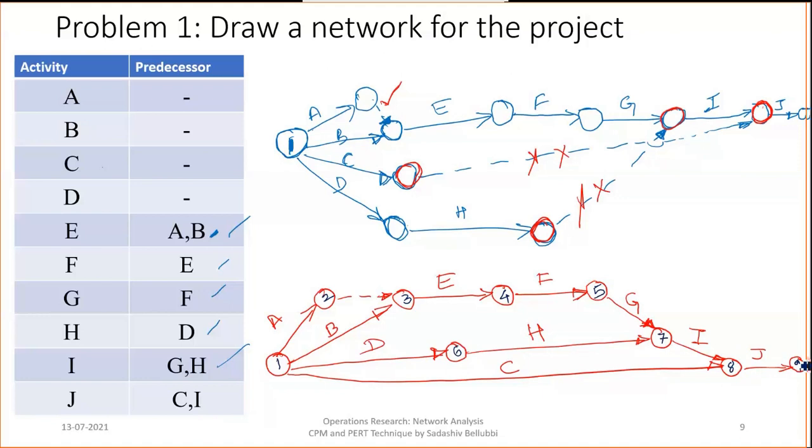Likewise, we can give, and now you can check the numbers. Even this, instead of 6, if you give 4, that's also fine. The thing is, after G, this should be 7 only, because for G activity, for the starting node it is 5 and for the finishing node it is 7. Okay, 7 is greater than 5. And here 6 and 7, 6 is lesser than 7. So that's also fine. So always the right side number should be higher than the one assigned at the starting point. This is the way we need to draw the network for the first problem.